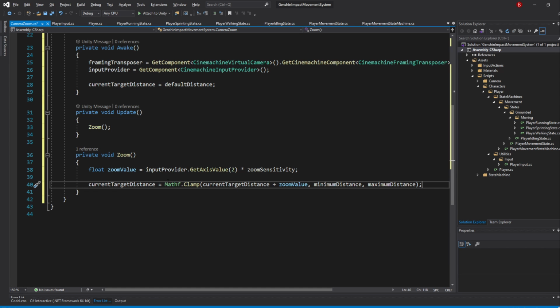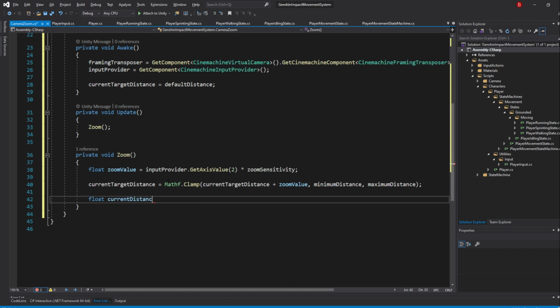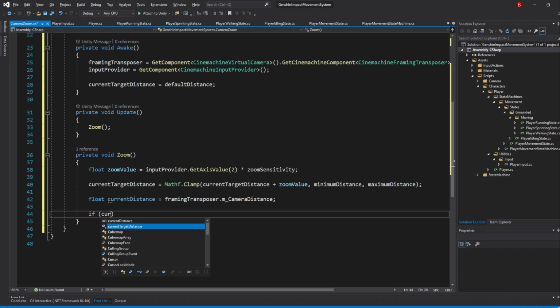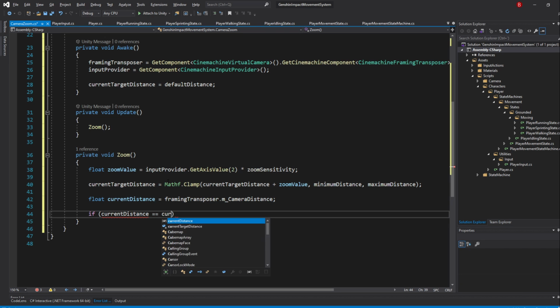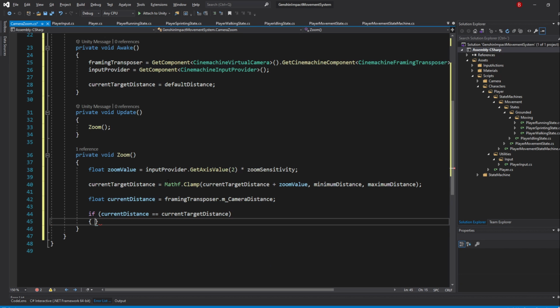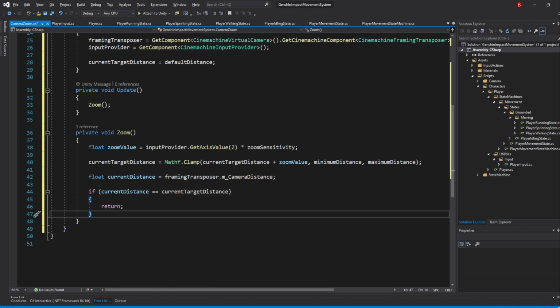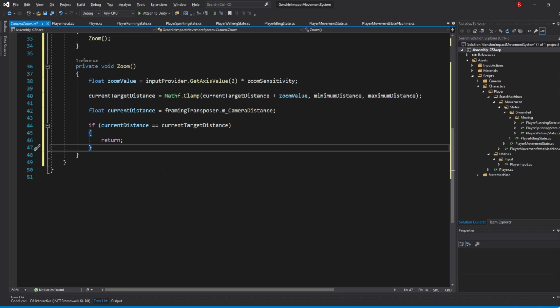We can now lerp the current distance towards the target distance so that we slowly get there instead of it being an instant change. To do that, create a float named currentDistance and assign to it framingTransposer.m_CameraDistance. Then type in if currentDistance equals currentTargetDistance, we return. This makes it so that if we are already at the target distance, we won't do anything.